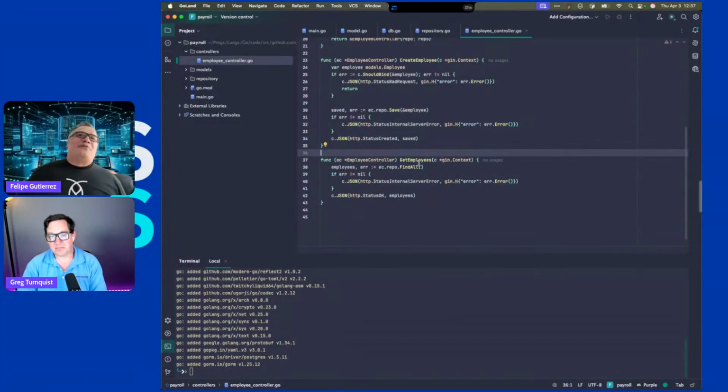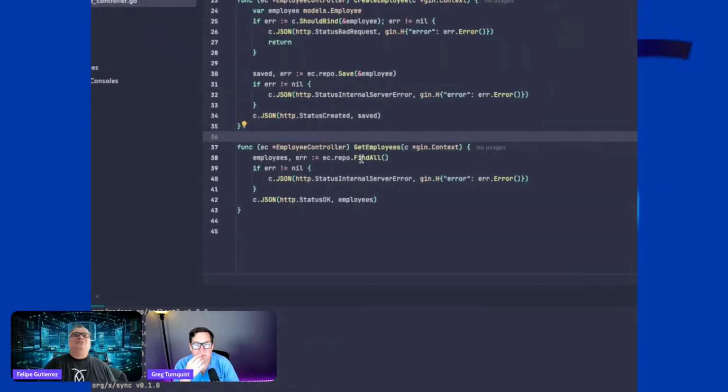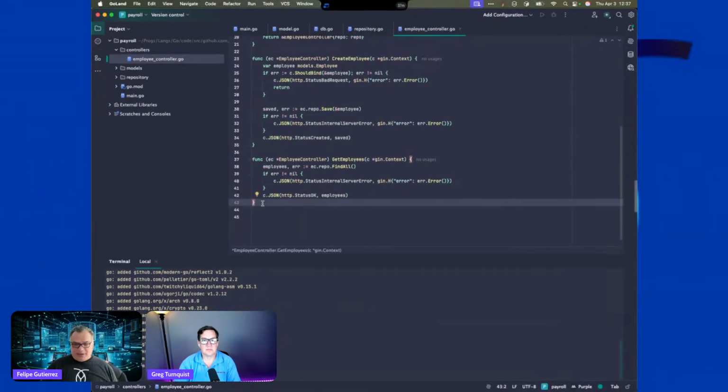Yes. So for here, we're going to do the get employees. So we're going to do the find all. And again, as you can see, very simple. This is what it does. It's just find all. It's going to get the employee. If you have an error, you send back internal server error with this error. If not, you respond with OK and with all your employees. So the next thing will be